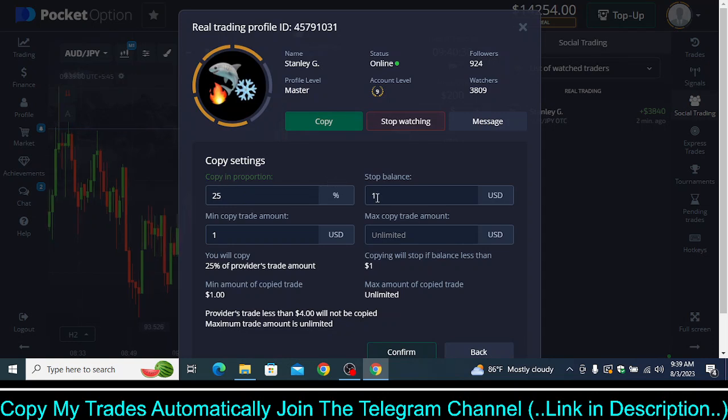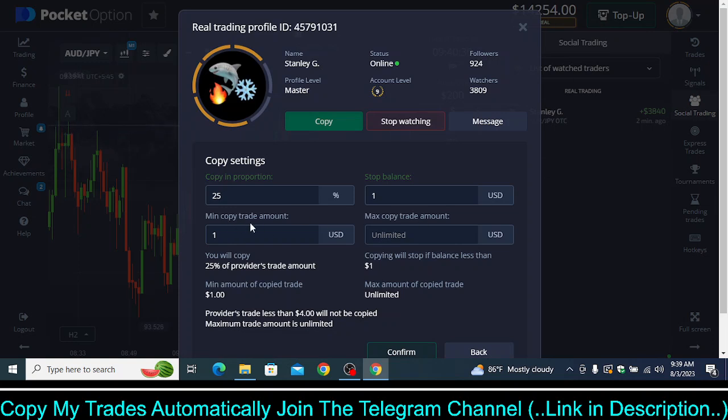Okay, and in stop balance you leave it at $1. So let's say you have $1000 and you only want to risk $500 in my copy trading. What I would suggest is, don't put stop balance here as $500, because it will stop you from copying all of my trades. Okay, I have heard various complaints from my VIP copy traders who have kept this kind of stop balance, they were not able to copy all of my trades. So always keep this stop balance at 1. And if you want to risk only $500 and you have $1000 in your account, then just withdraw the other $500 and put that $500 here.